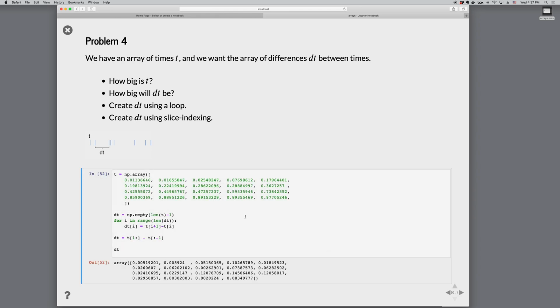So here we've got an array already set up with the times, and it looks like we have the code here, so let's just go ahead and analyze that. So there's a couple of ways to do this problem. The first